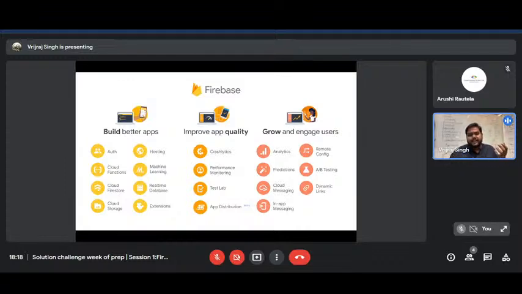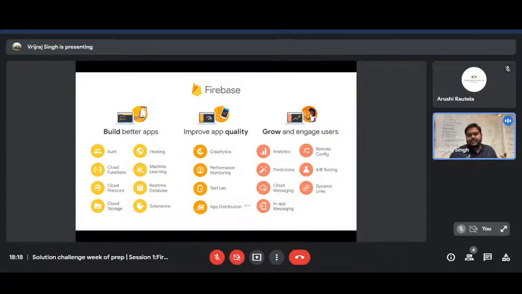Same with, let's say I have a website and I want to host it, you can use Firebase hosting. Or if you want to write, let's say, custom business logic or REST APIs, you can use the concept of Cloud Functions. Or if you have data in your database and you want to apply a machine learning model, we have a service for machine learning. In Firebase, we also have two types of database. The first one is Cloud Firestore, and the second one is Realtime Database.